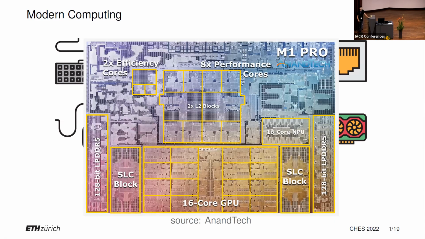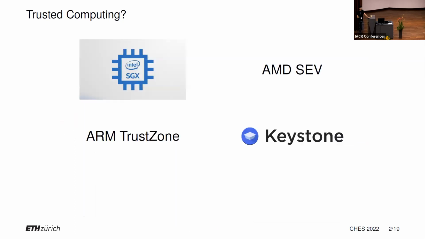Most of it is spent on neural processing engines, on GPUs, and so on. Now, if you look at another area, which is trusted computing, something a bit weird happens. Like we heard before from a different talk, these are all trusted computing proposals from industry and academia, but all of these are based on one processor, the main processor. Modern computing goes to accelerators, trusted computing goes to a processor. There's already some disconnect here.